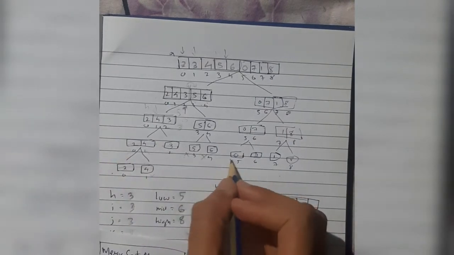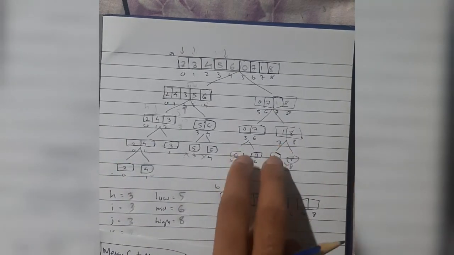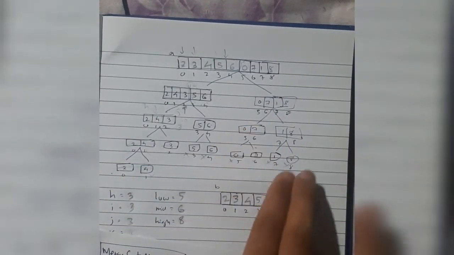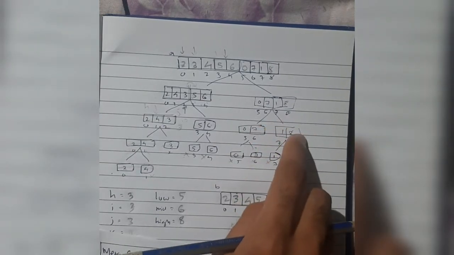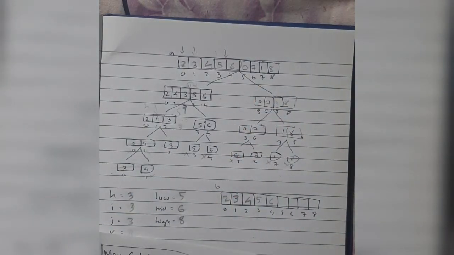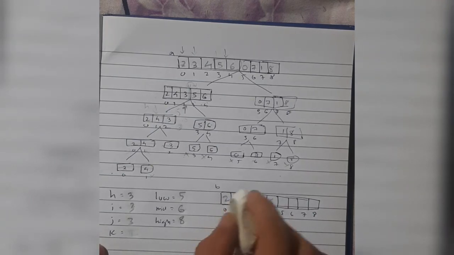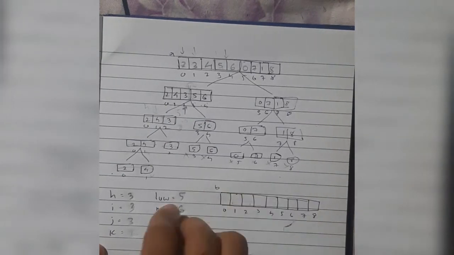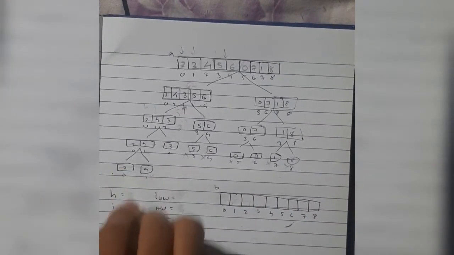Okay, single parts will not be executed, and this will be merged here. It will be 0 and 7. This will be merged here. It will be 1 and 8. Okay, so let's solve this one. Better to solve, not to skip the parts. Otherwise, at last we may face some problem. Okay, so we'll be starting from here.